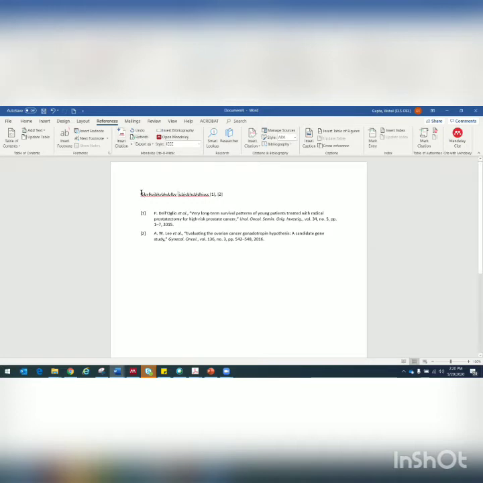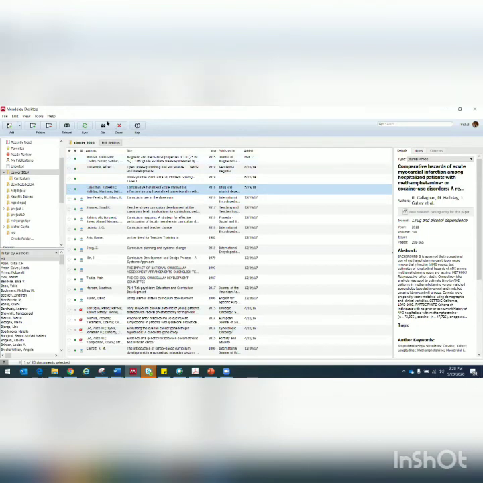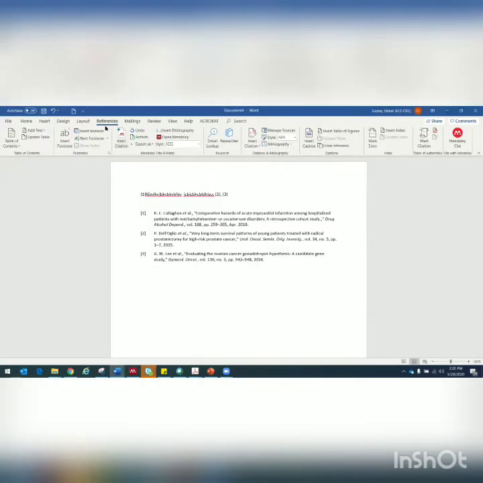Now, if I want to re-add the citation right here in the beginning, I will go to Mendeley. I will click on that particular citation and I will say cite. Now you see that citation has been created. And again, the numbers have reshuffled. One is one, one became two, and two became three, right? According to the format. So you don't need to worry about the format. All you need to worry about is having the right citations on your Mendeley library, right?